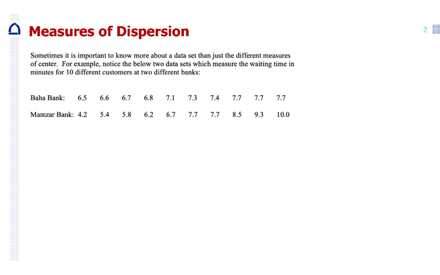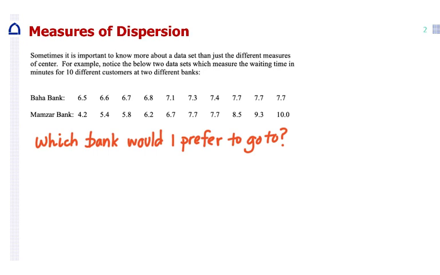So this example below has the wait times for two different banks, people who walk in the bank and how long they had to wait. And as you look at the two different banks, the data is different. You can see that it's different, and you might ask yourself the question, which bank would I prefer to go to? So it depends. There's no right answer to this, but some people might look at the first bank and